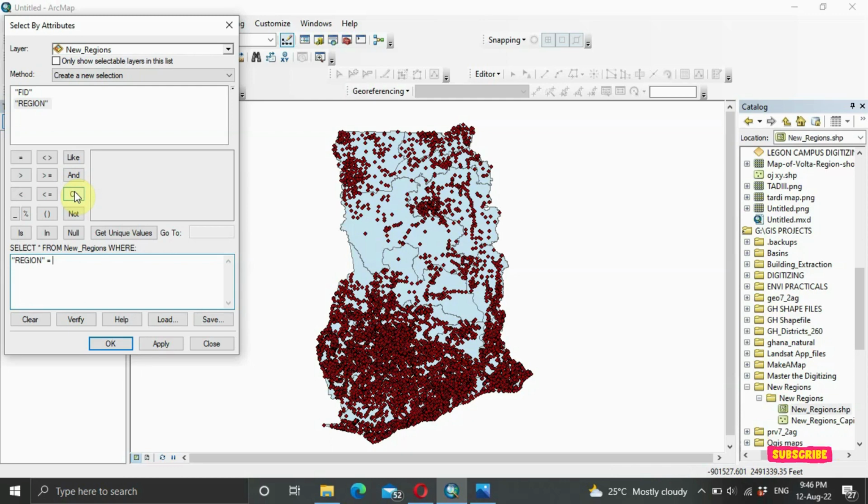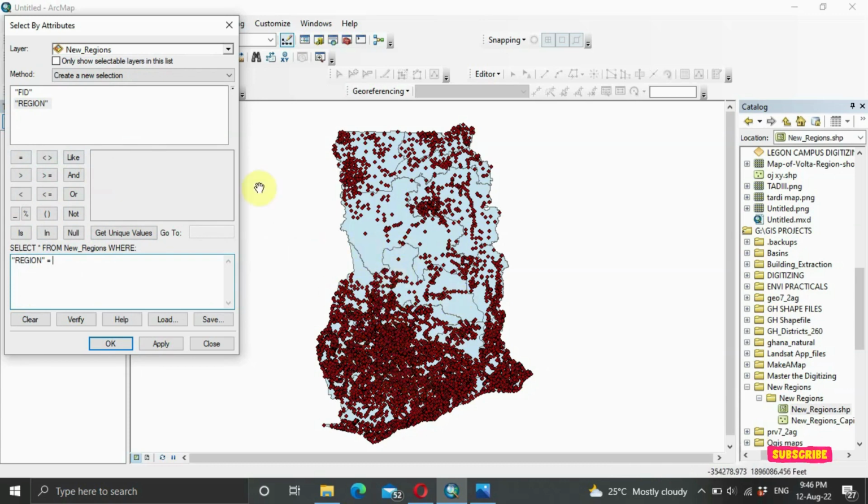And then we have the like sign. It's also used with the wildcards to perform a partial string search. So we can say all these things are Boolean connectors, and they are called queries. As time goes on, you are going to get into details in each of these features. But for today's session, let's use the equal to sign, which means we are only trying to get a region